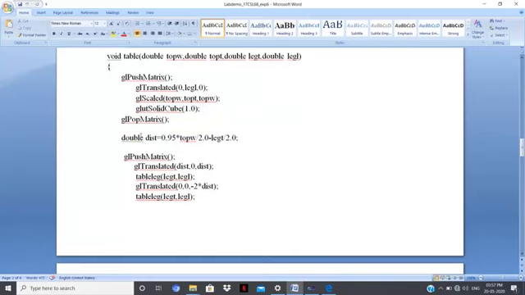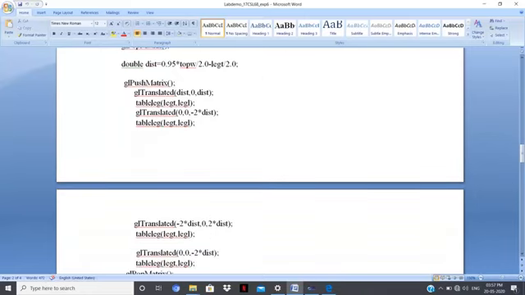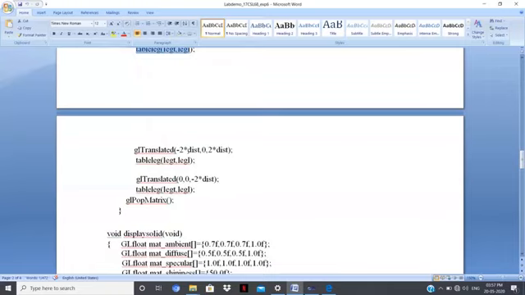You are using it, and now internally you are also calling the table leg functions. For the table leg function, the left leg of the table is created and translated to the appropriate position. Then the right table leg you call and translate to the appropriate position.